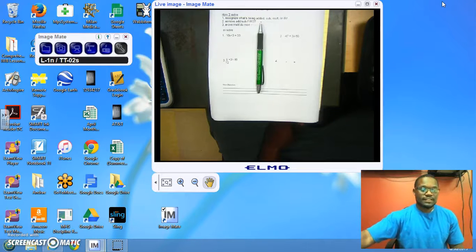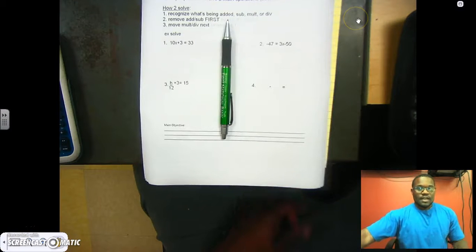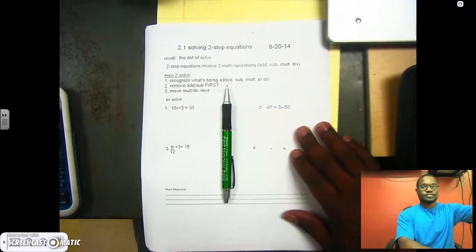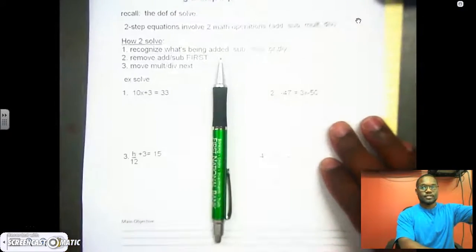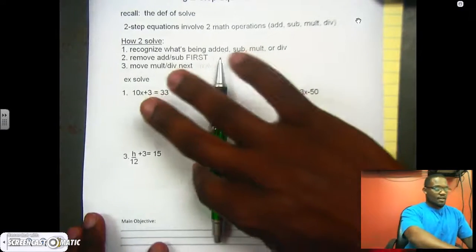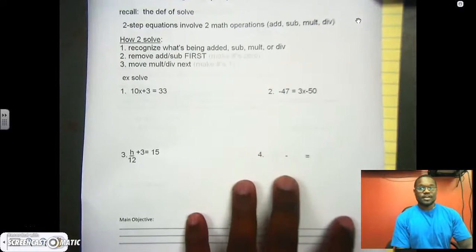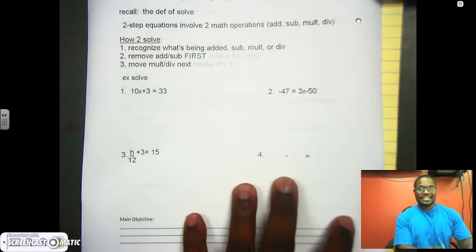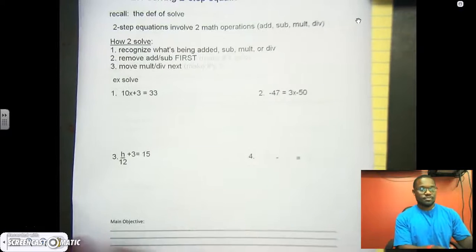Okay, guys, today we're going to discuss how to solve two-step equations. Don't worry about that date. Old notes. Alright, this should be simple enough if you have taken the time to write your notes from the